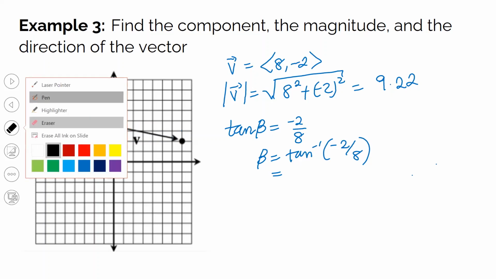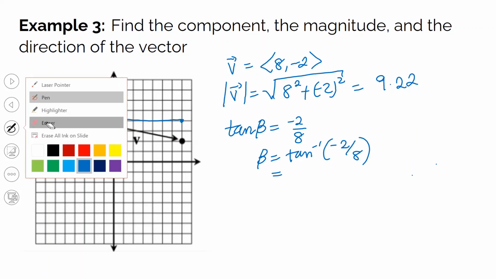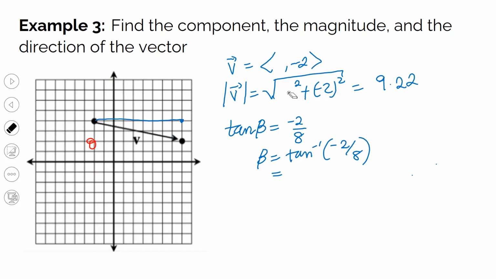Okay. So I need to go all the way to this point. So it's supposed to be 9 instead of 8. So that's why I think my calculation was a little bit off. Okay. So I'm just trying to correct the mistake. So this is going to be 9 in the positive direction. And this is still true that this is going to be 2 down. So it's going to be -2, and then the angle is still correct too.